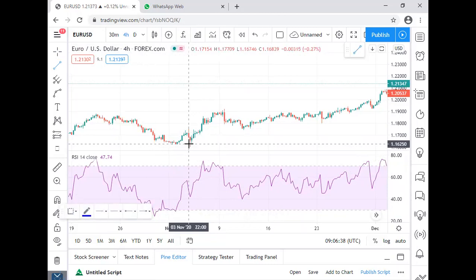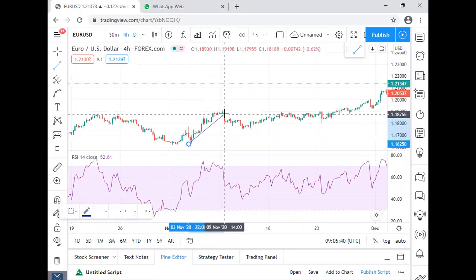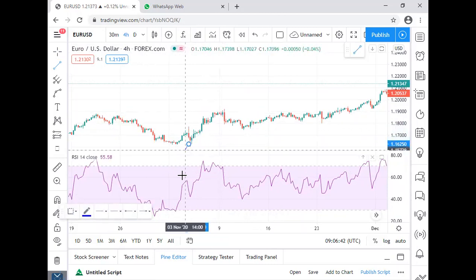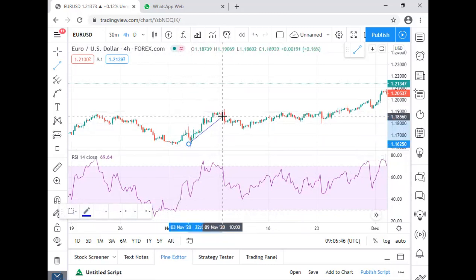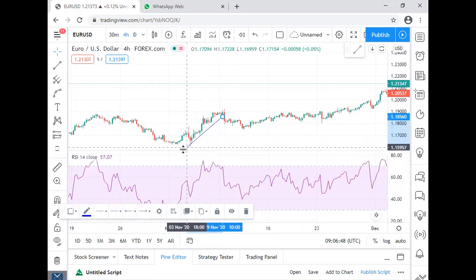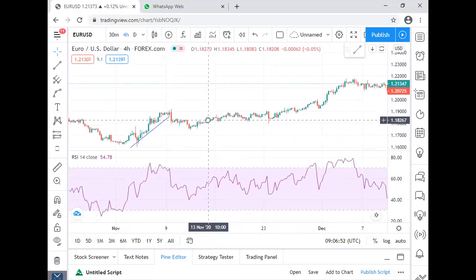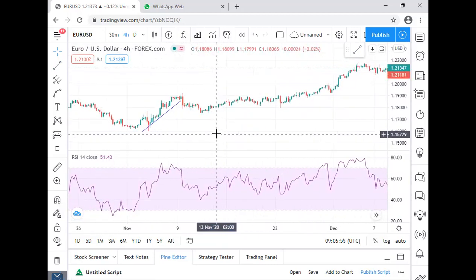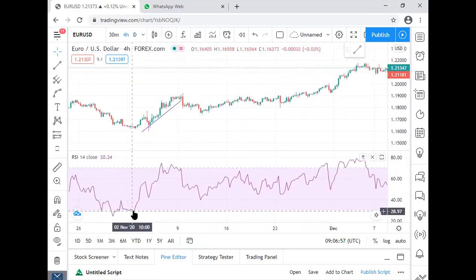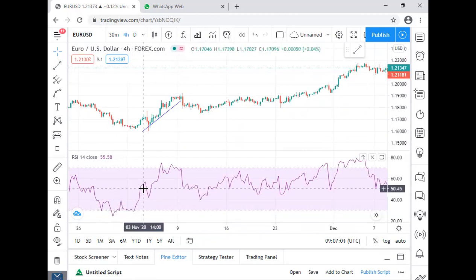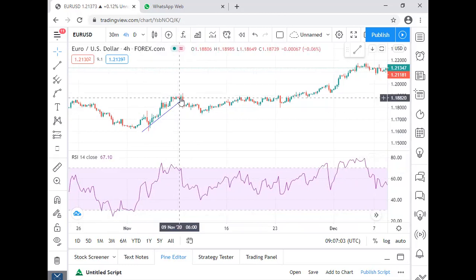There was an upward movement in price right from this point. So you see that price kept on moving up, and when it got to this point here,